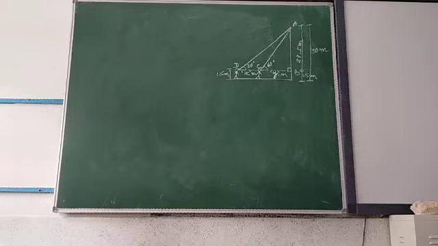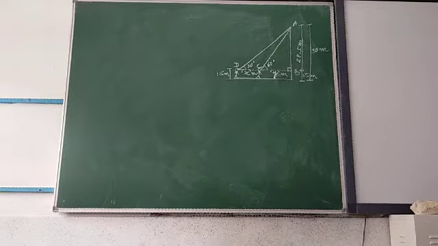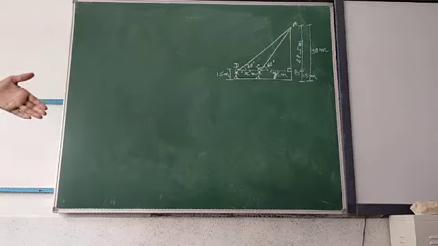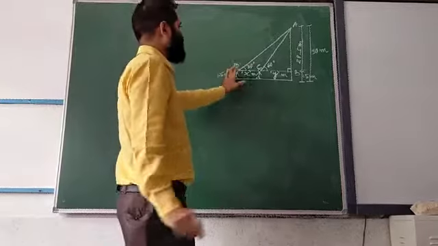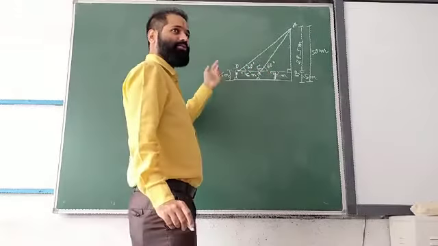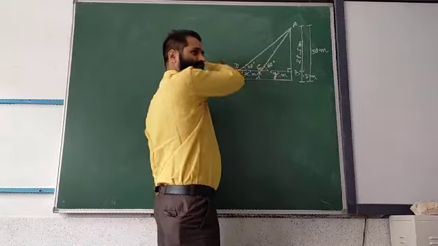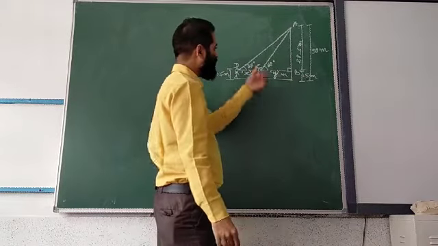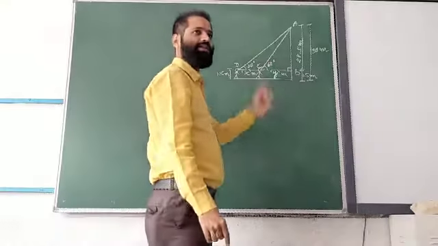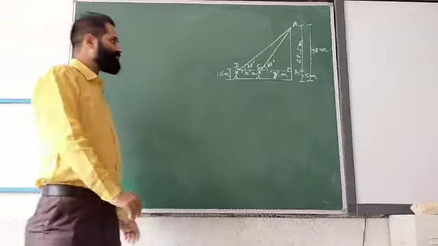We will write: let the distance, the boy where he was in the beginning, D, and he is moving to C, right? So let the distance from D to C. If I take the alphabet this way, suppose this is C and this is D, then I will say that the boy is moving from C to D. If initially he was here and he is moving away from the building, then we say the boy is moving from C to D. Are you getting or not? Is it clear?